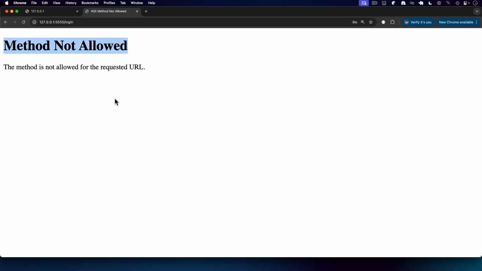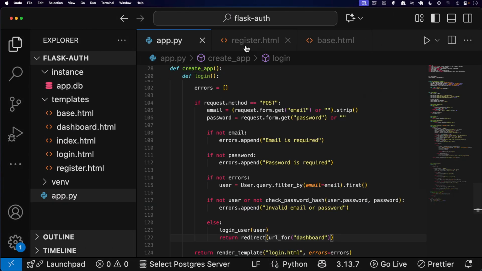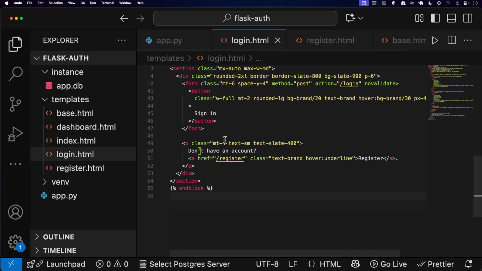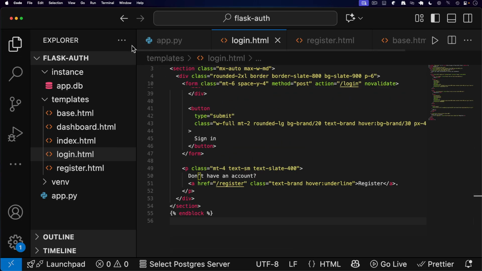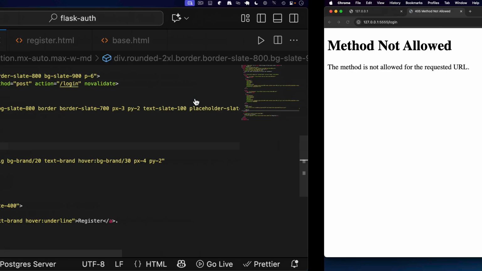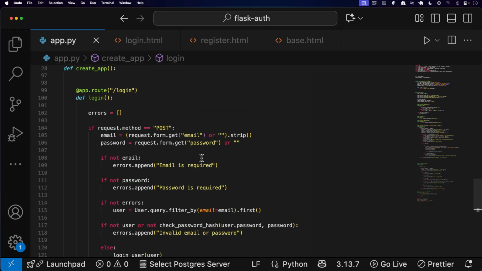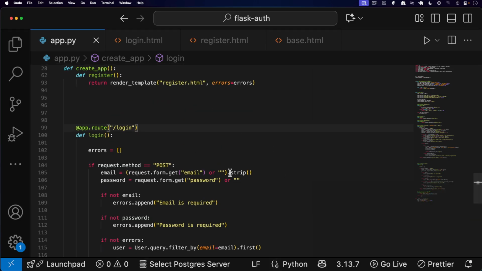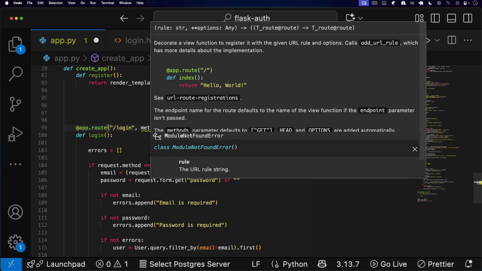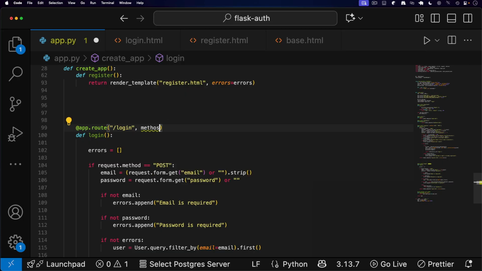And it says method not allowed. So we need to wire that in. It's not there yet. It's not working 100% because our form here is probably submitting, or maybe our route request is not getting the method POST. So it says method not allowed here. So let's go and check the login. And you can see here that we don't have the methods POST here. So we need to have the parameter POST,